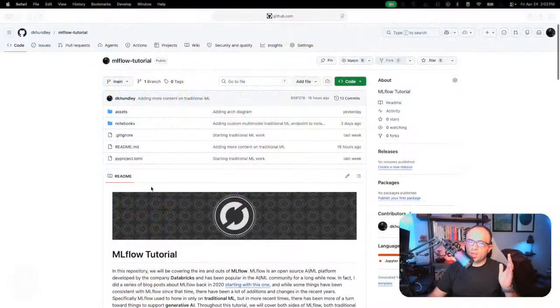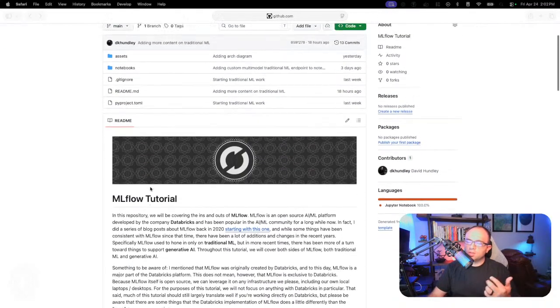Now, I want to first talk about the architecture of MLflow. By architecture, I mean, how does this thing actually manifest? What's going on on the back end, etc.? The best way to do that is by sharing my screen and showing a diagram. By the way, two things. Number one, what I'm displaying on my screen is my GitHub tutorial of this whole thing, so you can find this on my GitHub.